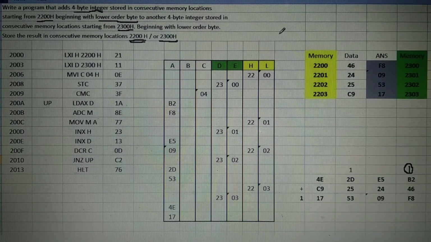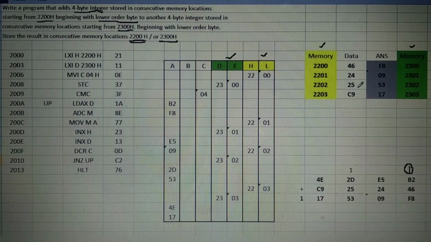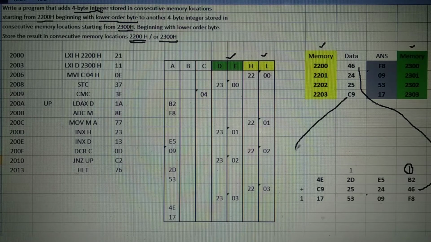2200H or 2300H. Here the memory location indicated in yellow is represented with the HL register pair, and the memory location indicated with green is represented with the DE register pair. Beginning with the lower order byte, that means here 46 becomes lower order and C9 becomes higher order of that 4-byte integer number.